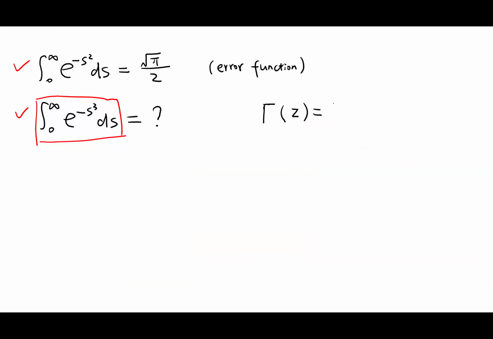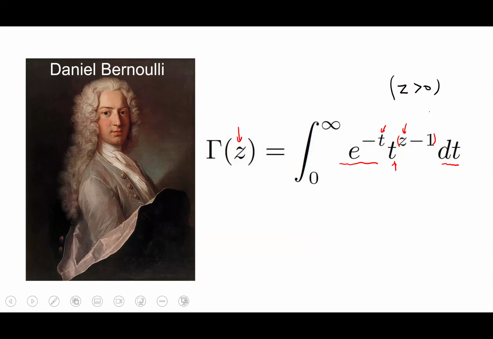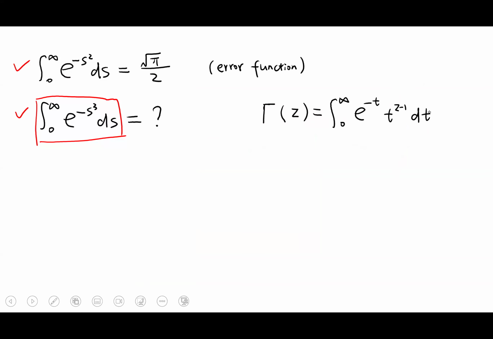So what we got is integrate from 0 to infinity, e to the power of negative t times t to the power of z minus 1, dt. Okay, that's the definition, right? Since z must be larger than 0,